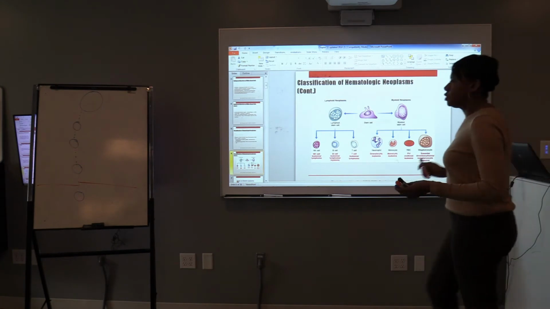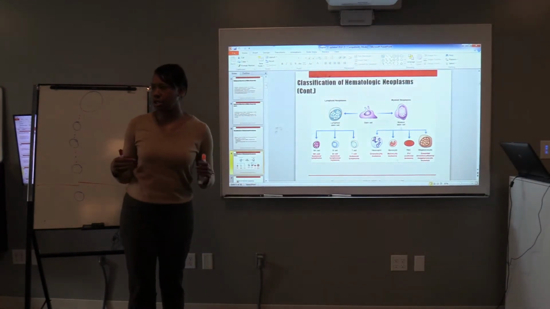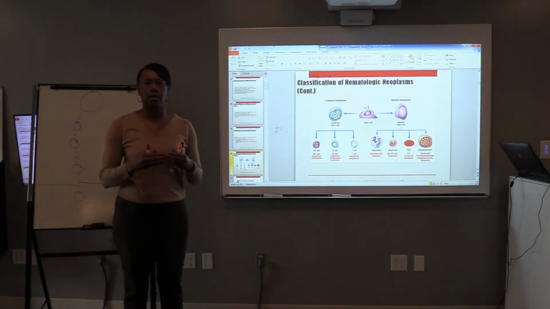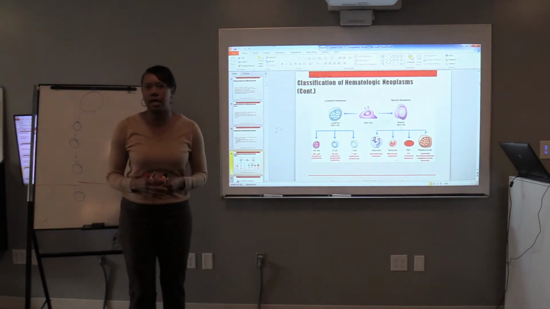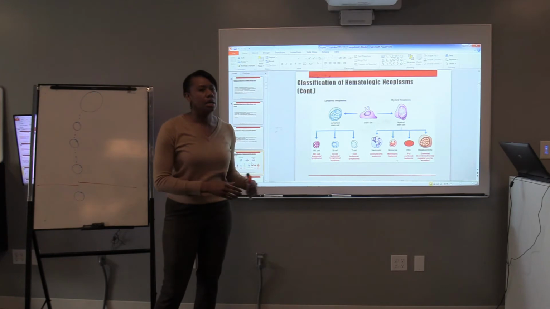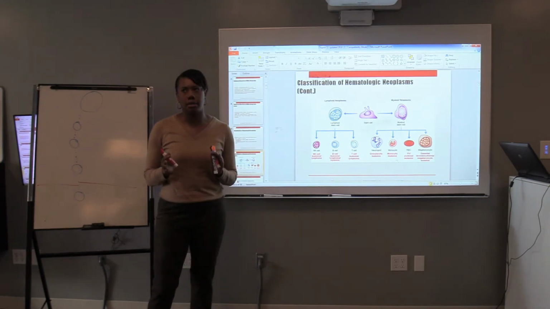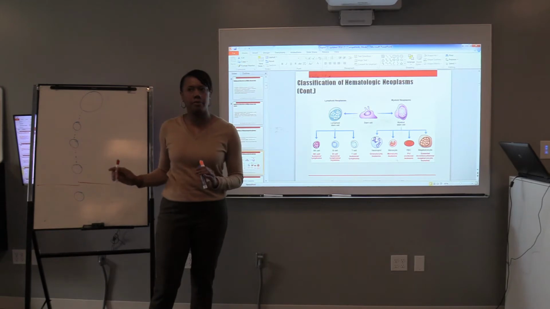So you know how in chapter 1 we discussed the terms acute and chronic, and acute being a situation where the disease process is aggressive and it's developing really fast, whereas chronic it takes a little longer to develop. So that same concept does correlate to when we discuss acute and chronic leukemias. However, it is a little